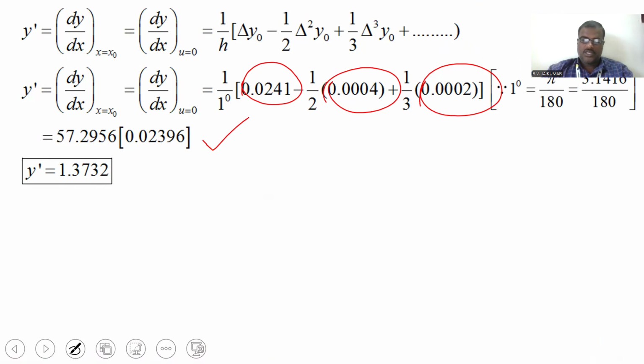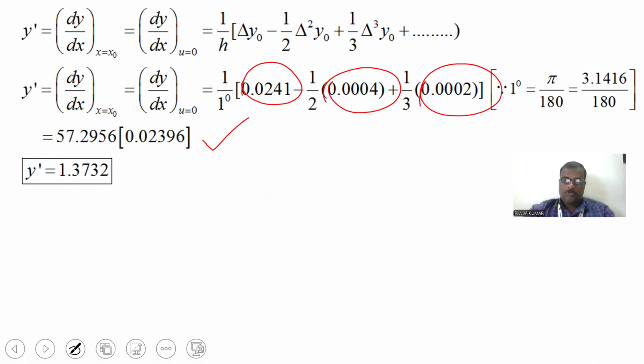So 1 theta is equivalent to pi by 180, right? 1 theta is equal to pi by 180. So the value of pi is 3.1416 divided by 180. So here 1 theta is 57.2956 into 0.02396. And finally we obtain the first derivative, y dash equal to 1.3732. But the question is not completed yet,